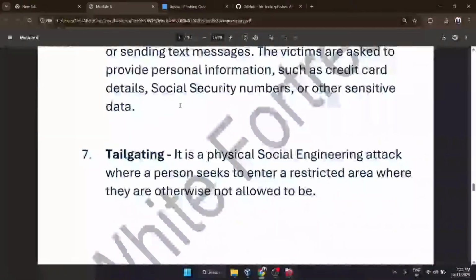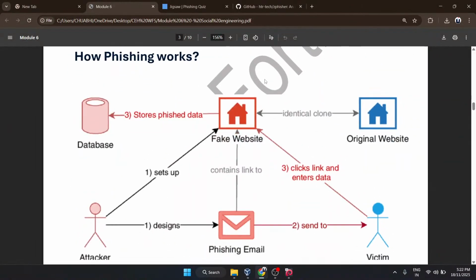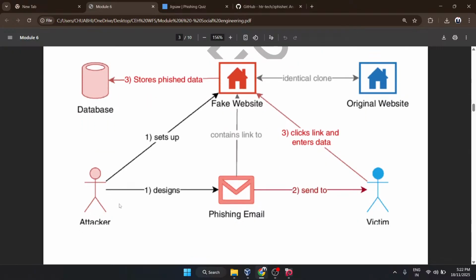Okay, let me show you here. We looked at this image yesterday. Now today we are doing it in practical. Okay, yesterday we designed a phishing email and sent it to our victim, and there should be a link attached to that email that we need to make today. When the victim will click on that link and enter the data, a fake website will open that will look just like the original website.